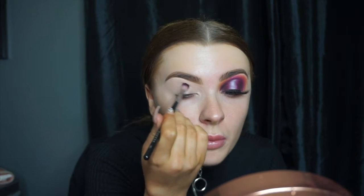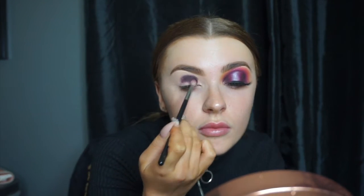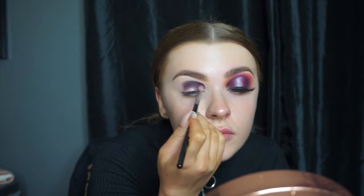I've already primed my eyes using my Louise base, and what I'm doing now is getting in with the Stacey Marie Carnival palette for the whole eye look. So I'm taking the shade Liquor first, which is just a nice dark purple, like a pruny type of shade. It's absolutely gorgeous. So I'm taking that on my favourite brush to blend through the crease, which is the